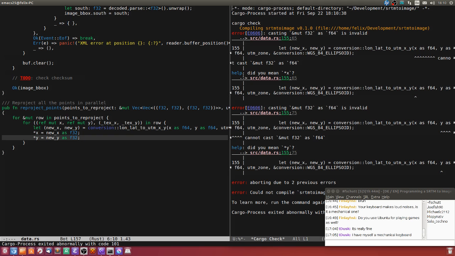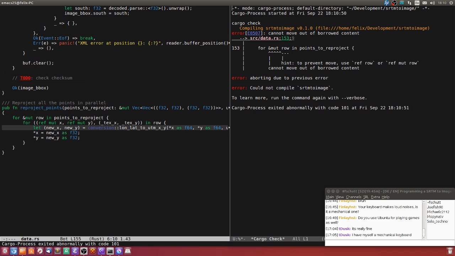Cannot cast mut f32. Yeah, we need to clone the data out of there and then just put the data back in. For reference mut